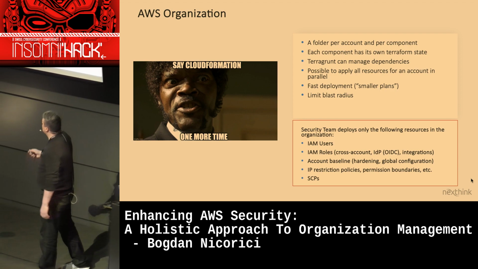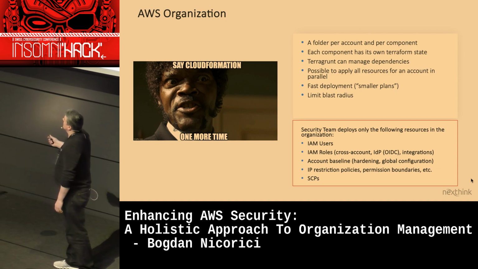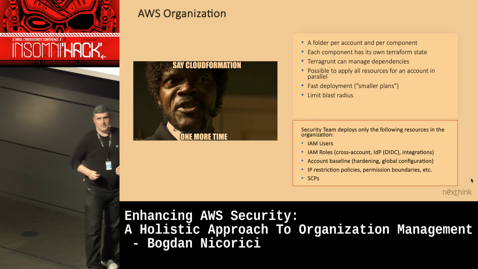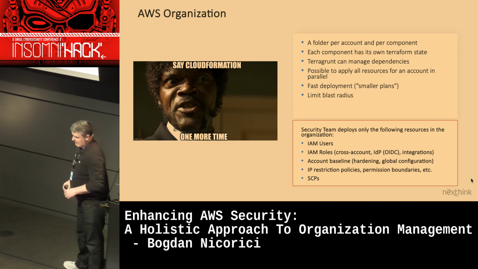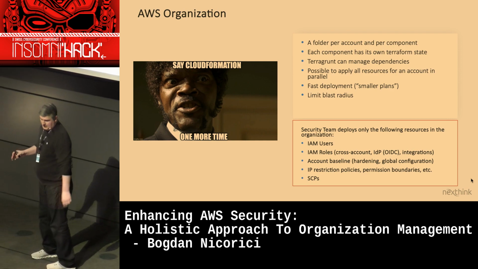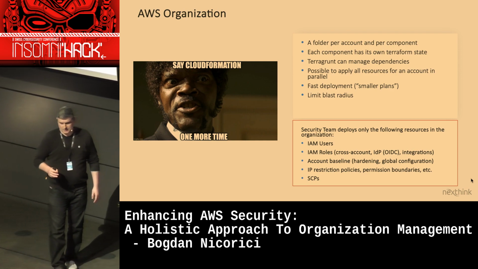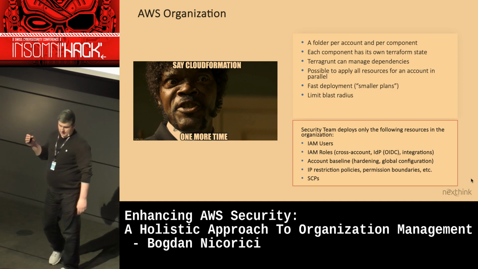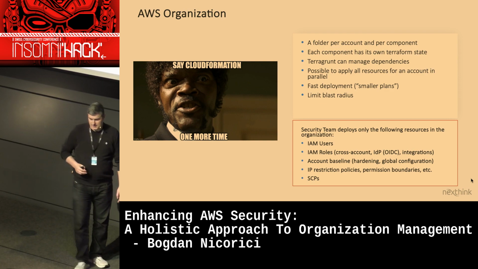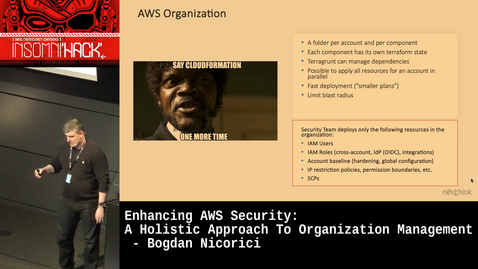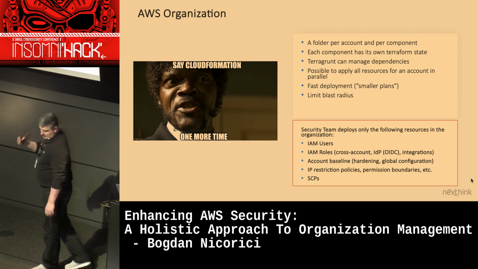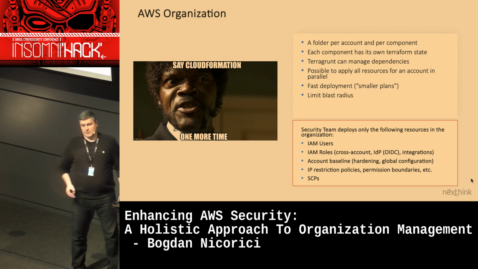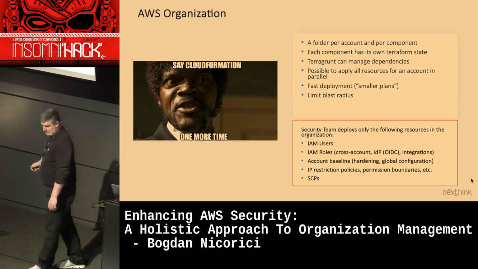One thing to mention is that what we deploy with the code that I just explained before, we don't deploy infrastructure per se, which means we don't deploy EC2 instances, we don't deploy anything that will be used by our engineering teams. The only purpose of this repository is to manage IAM users, roles, integrations, if you have integrations with specific tools that you want to scan the accounts. But we do deploy some hardening configurations, that we call baseline for each account. All the policies we use in general for all the accounts and as well the SCPs.